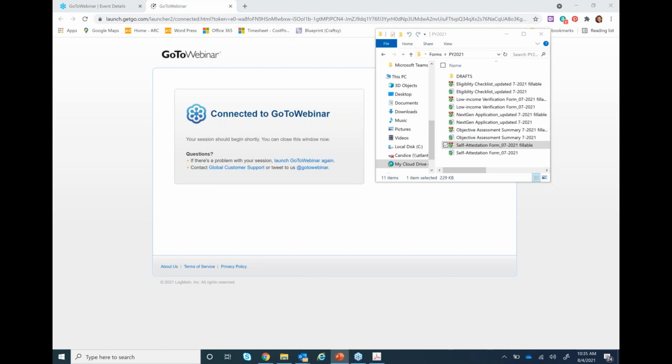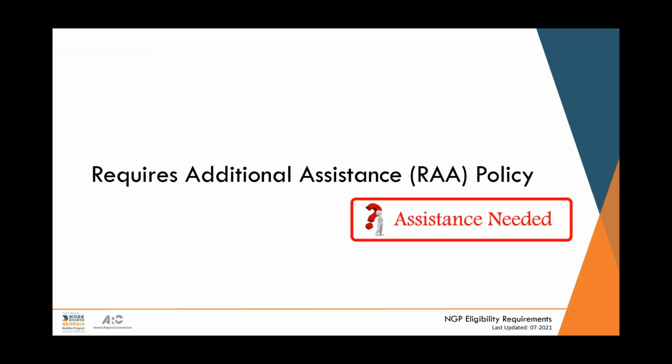We've moved on to requires additional assistance. All right, so we already went over documentation for those other barriers, right? But you remember you had two barriers that were additional that had some low income verification necessary, and one of those barriers was the requires additional assistance barrier.